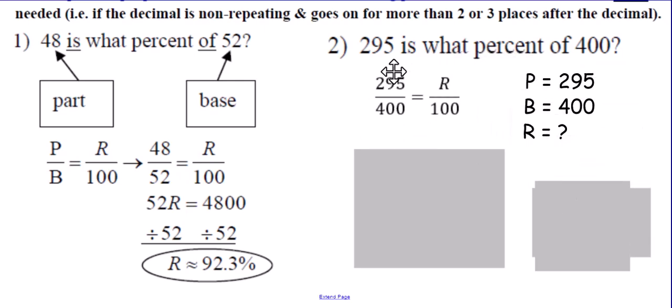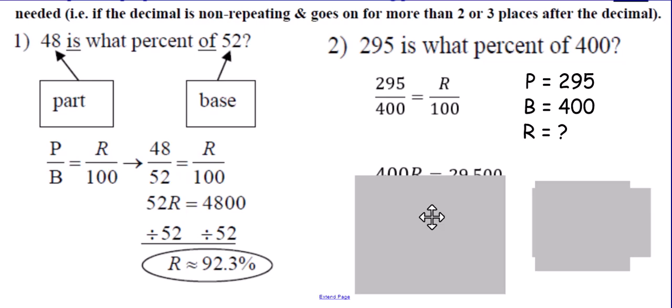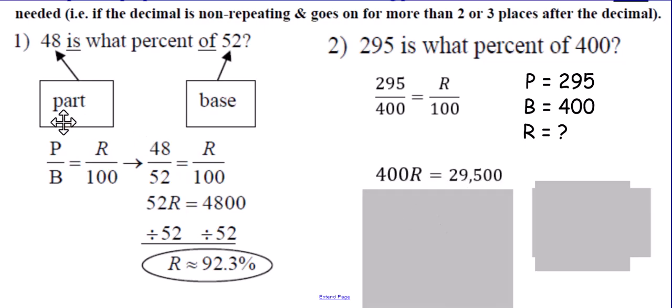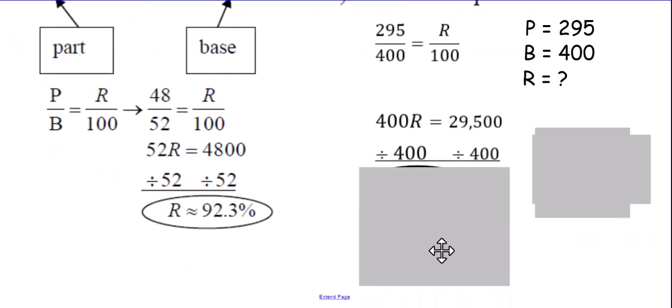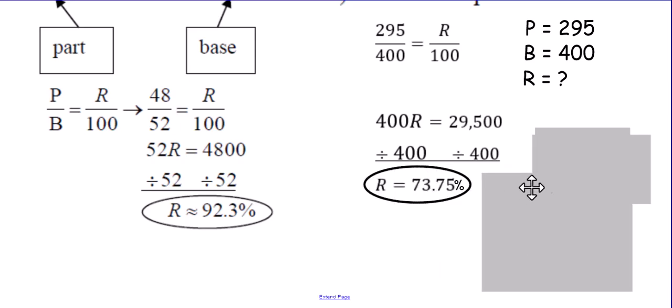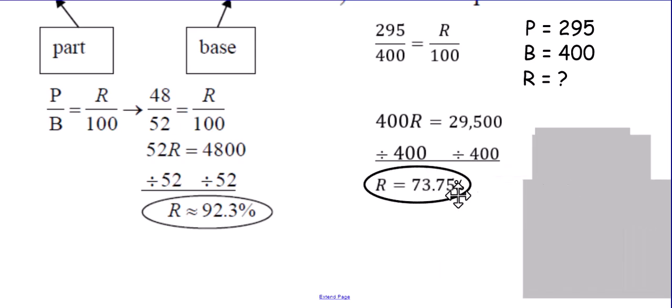Let's go ahead and plug those in. That will be 295 over 400 equals R out of 100. When we cross multiply, we're going to get 400R equals 29,500. That is from 295 times 100. Again, pause the video as needed if you need to copy something down. The inverse of multiplying by 400 is to divide by 400. So we'll divide both sides by 400, and 29,500 divided by 400 will get us our percent, and that will be